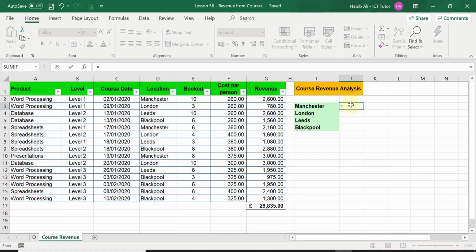So we start with the equals just like any other calculation. Then we type in SUMIF, open the bracket. Now if you have a look at the suggestion given by Excel, the first one is asking us the range that we want to find the criteria from. So in this case, where does this Manchester information exist? Where is this range? So the range is going to be in the location column. So we need to highlight this range here all the way down